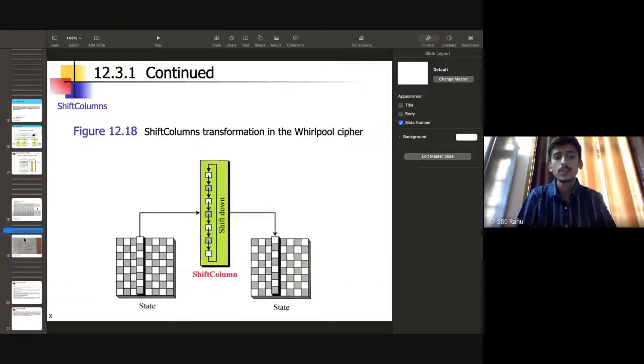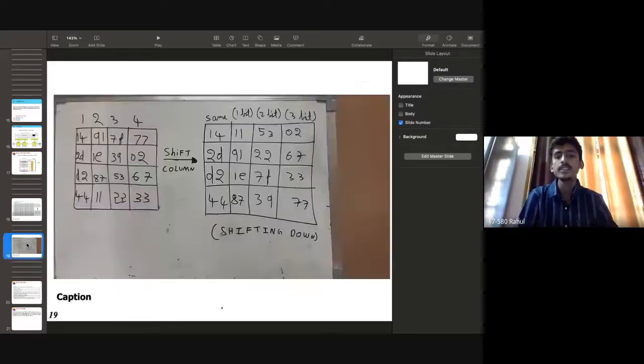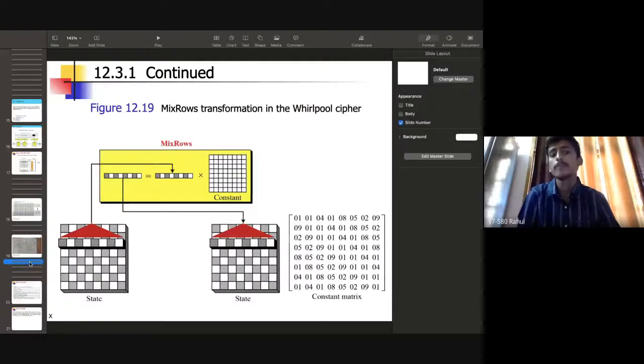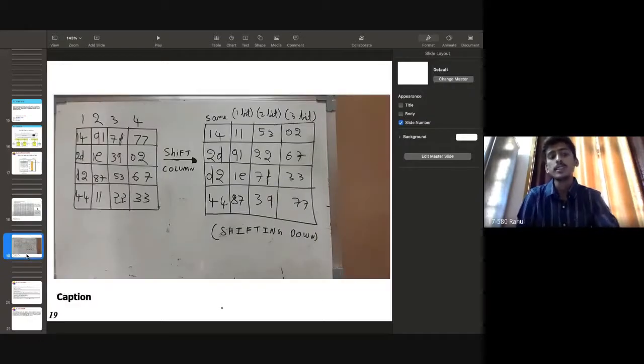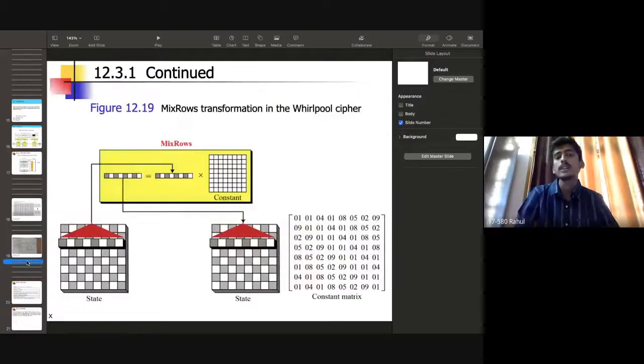Actually this process is very simple. You will not change the first column, and the second column we will shift n minus 1 bits. If we want to change the 8th column, we will shift n bits down, meaning from the first position we shift to the 7th position. This is the second transformation stage, and the result of this stage is sent into the third transformation stage.